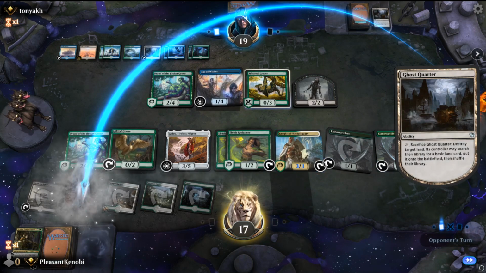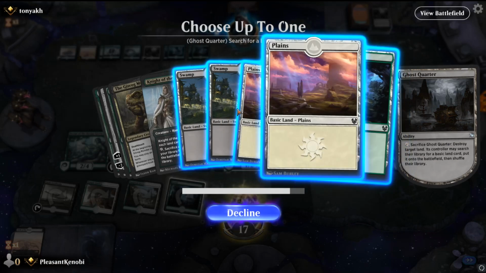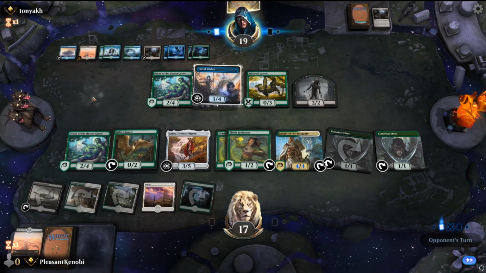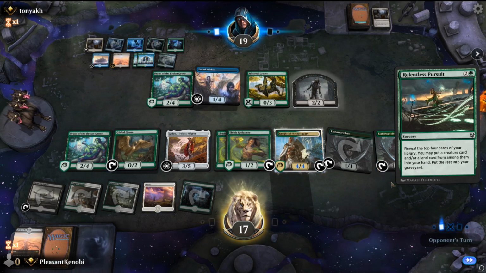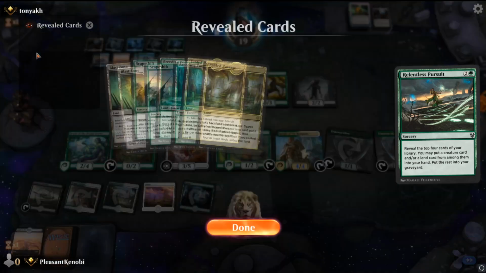Okay, so we can resolve that. That dies. Take action. Yeah, let's grab a Plains. Yeah, okay. No zombies for us for a while. Creature card, land card from one of the... Oh, a creature and a land. I didn't know this card existed. What do they get? Fabled Passage and...